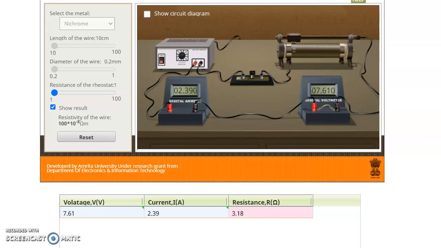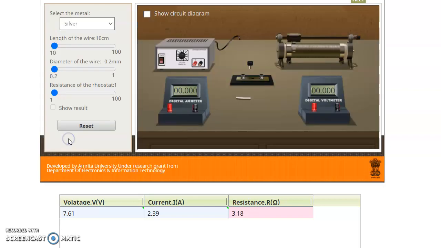Hello. So today we are going to understand the different factors that affect the resistance of a material. The first factor is the nature of the material. We are going to take two materials one after the other, and see that if we change the material, the resistance and the resistivity of the conductor also change. So, how resistance depends on the material.